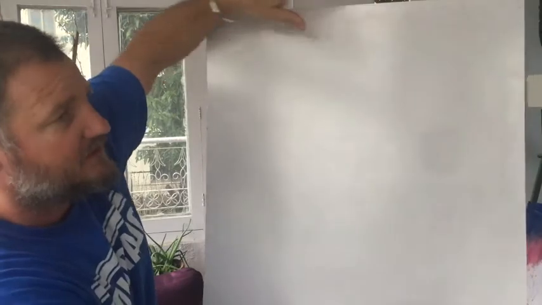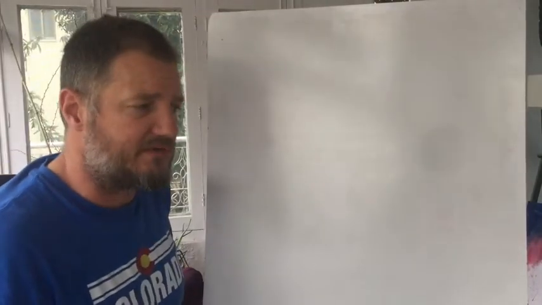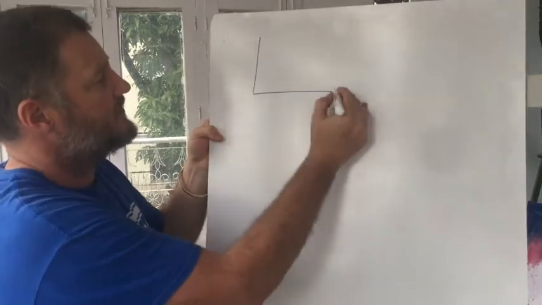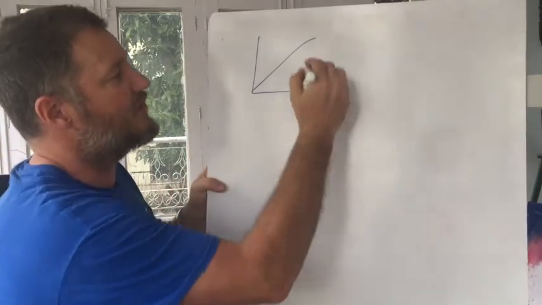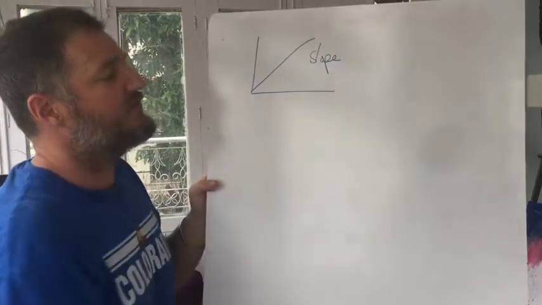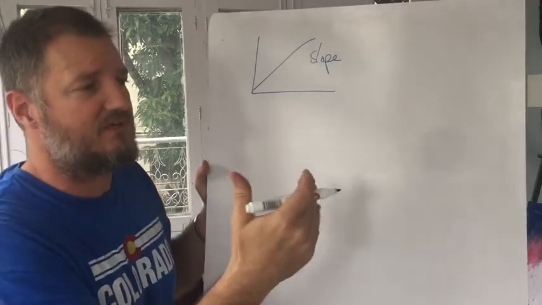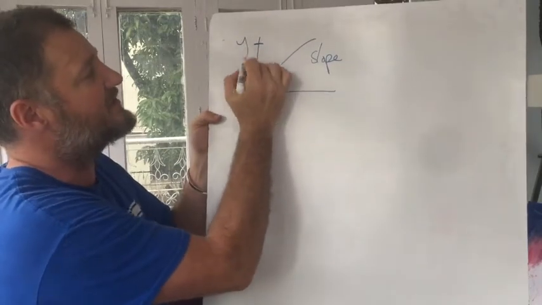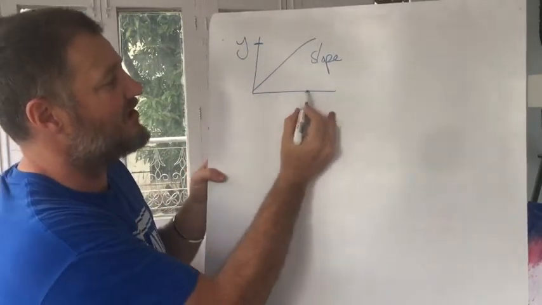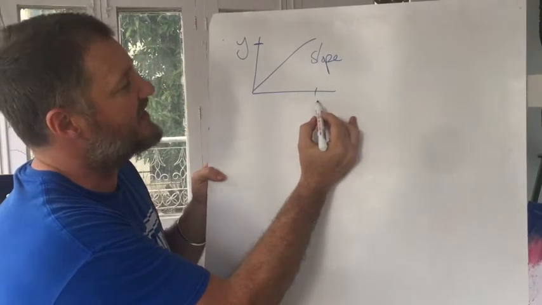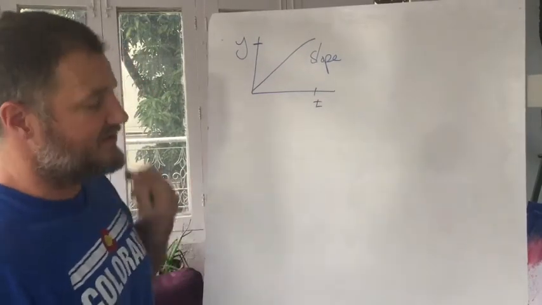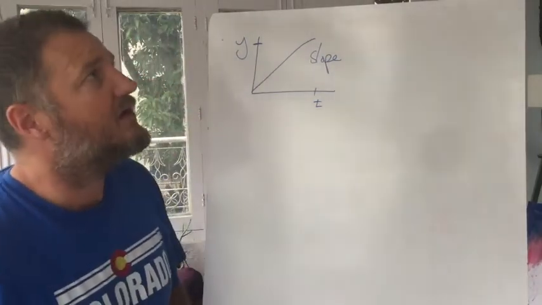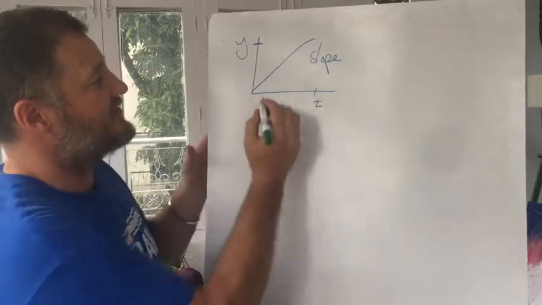There's only 3 or 4 skills that you would ever apply with a motion graph. In the 3 graphs we just looked at, you're looking at a calculation of slope. If you wanted to know where an object was or how fast it was going at a given time, depending on the graph, you could just read off the y-axis. If you wanted to know how long something took, you could read off the x-axis. And if you wanted to know either how far something went or its change in velocity, you're just calculating an